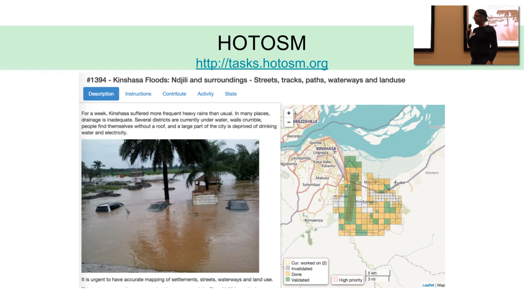So now that we know how to use OpenStreetMap, why would you ever want to do this? You could use your knowledge to contribute to Humanitarian OpenStreetMap. Last year, when there was an earthquake in Nepal, some NGOs set up a project like this, and they give you the description of what they're trying to map.